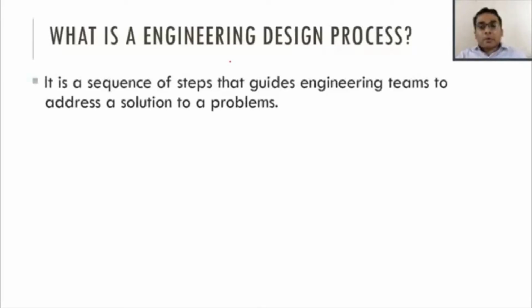So the design process is the sequence of steps through which you pass a product and produce it into a realization. And why do you go through the design process? Because you have some problems, and if you want to solve those problems, you have to design something. Sometimes you have to design a process, you have to design a product. So any type of design needs a sequence of processes through which our product converts from its drawing phase to the realization phase.